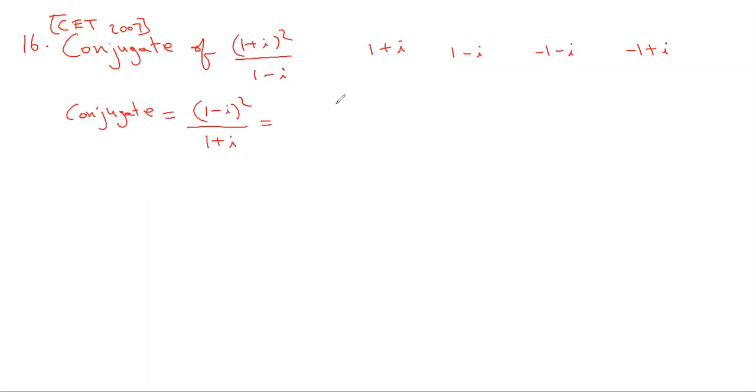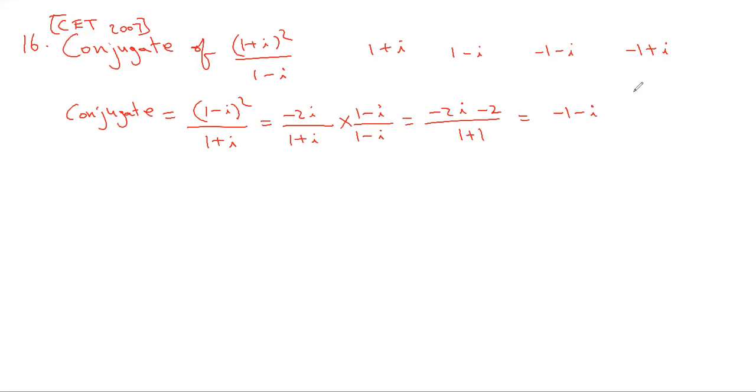The formulas that I used, I'll write it later. First, I'll complete this step. This 1 minus i square is minus 2i by 1 plus i. Again, you need to multiply with the conjugate of the denominator, 1 minus i by 1 minus i. The numerator will be minus 2i, minus into minus plus i square, which is minus 2 by 1 plus 1. Just take the 2 common and cancel. Minus 1 minus i. I just did the simplification.